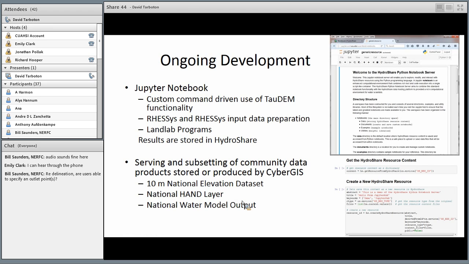So the national water model is being developed by the National Water Center. It's being run across the country. It's using WRF-Hydro and some channel routing, and there's a lot of research that needs to get done to improve that, and we're hoping that the serving of this data can catalyze some of that